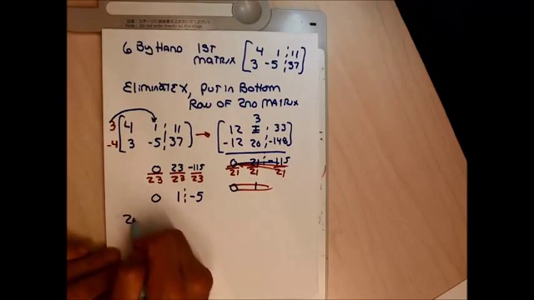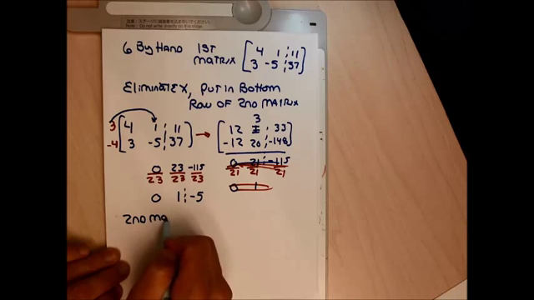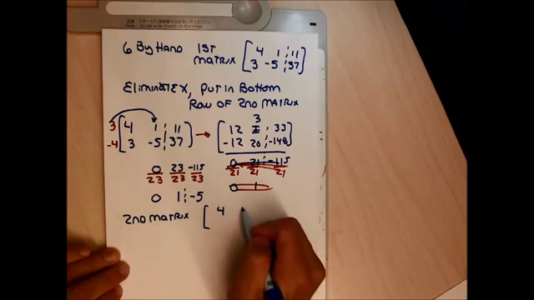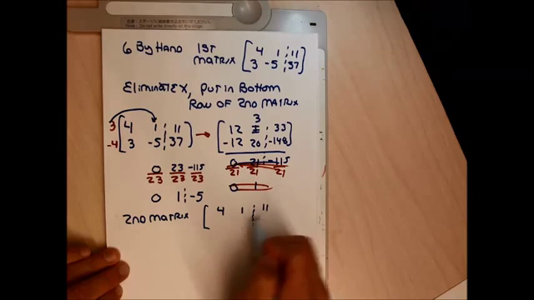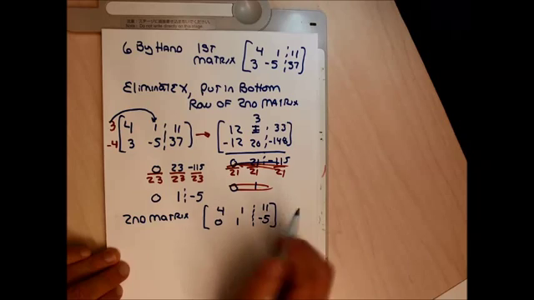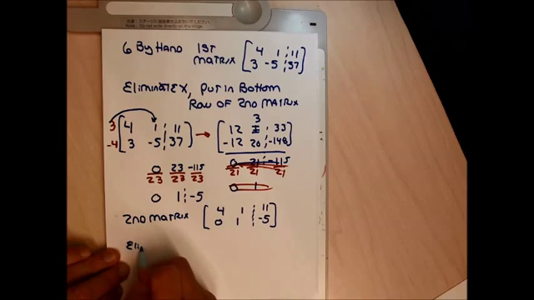My second matrix is only going to have a new bottom row. The top row is going to stay 4, 1, and 11. The bottom row is going to stay 0, 1, and negative 5. And now I'm going to eliminate